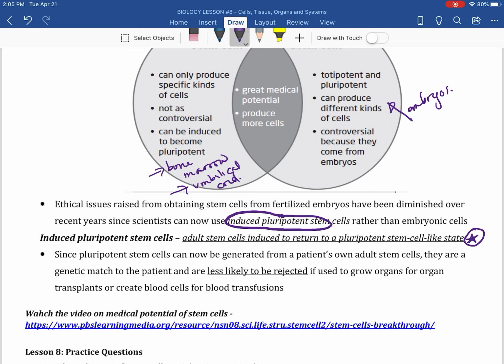And the cool thing about these induced pluripotent stem cells that we get from our adult stem cells, for instance from the bone marrow, or if you happen to save your umbilical cord, is that they're actually finding ways that as soon as you lose a tooth, so say the tooth fairy is coming to visit you guys, well, you're beyond that point, but you can say it to your younger brothers or sisters, if you harvest that tooth right away and then store it properly,